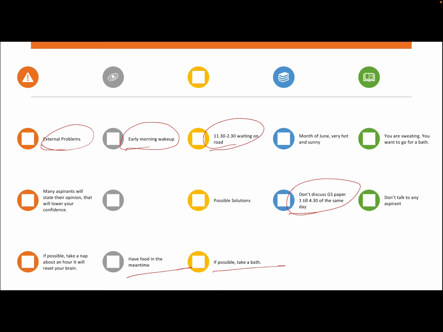And after those external problems, you will feel exhausted. At 2:30 in the afternoon, you will find that your body is not coping with the situation. You just think, okay, let's go, I'm not going to pass. So for that, I suggest not taking a nap if it is possible. If you are staying in a hotel near the examination hall, go there, have a sleep, have food, then come back. So this is my analysis and this is my suggestion to you.